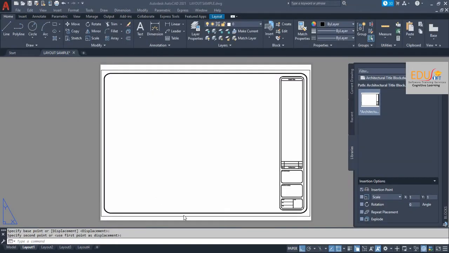Once your layout is set up, try adding a title block to provide more details about your project and drawing, as well as giving it a professional look. Title blocks can be created from scratch or imported in a variety of ways, including from a drawing template, block, or existing drawing scheme.